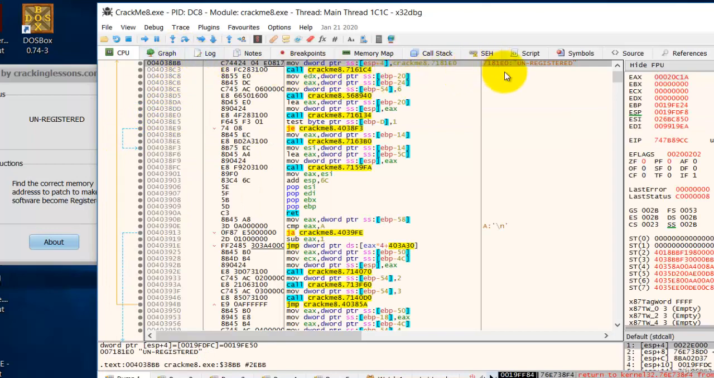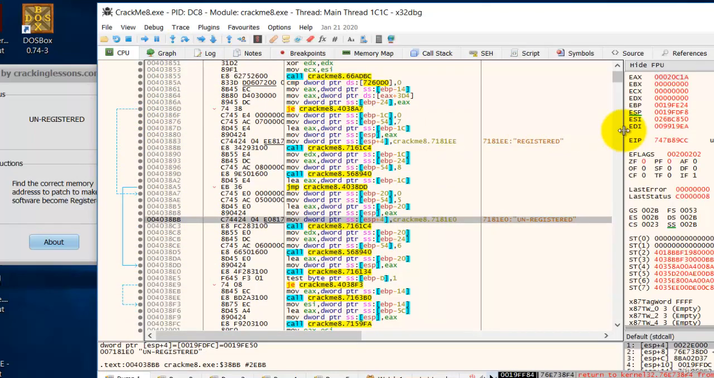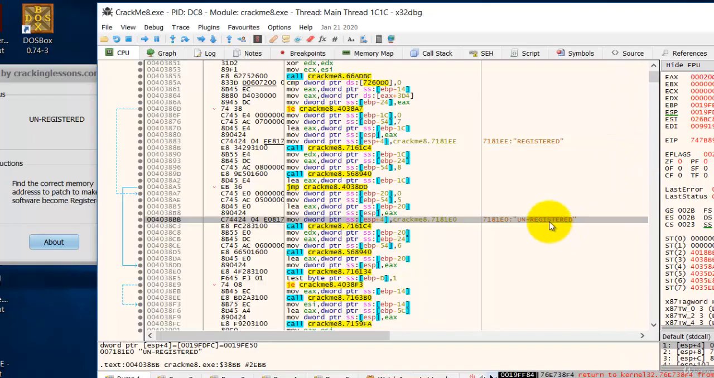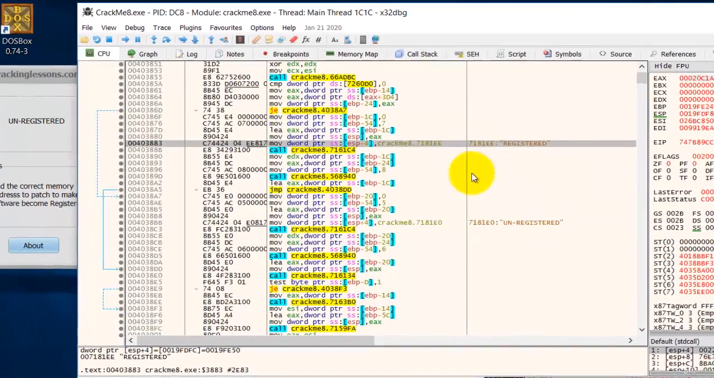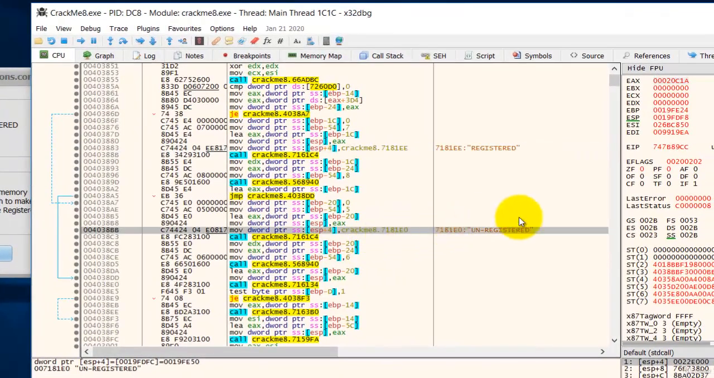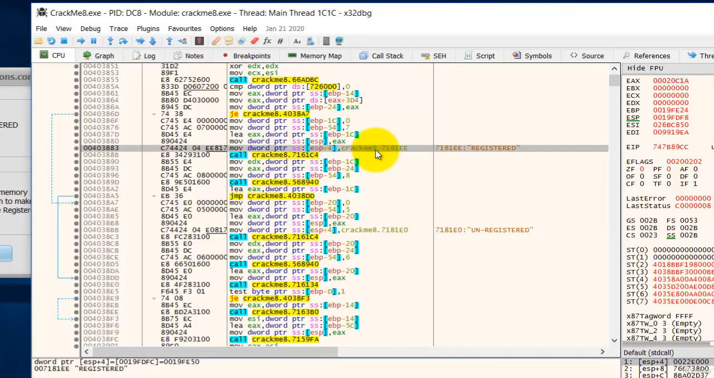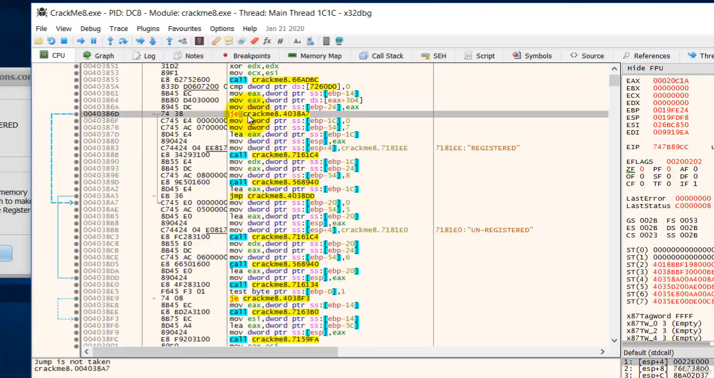So over here, we see the string unregistered, and just above it is registered. So this is the string for the bad message. This is a string for the good message. And how do we know which one will be shown? So you should look for a jump. Up here there's a jump. So the jump is the one which decides whether it will show this or this message. So we should put a breakpoint here